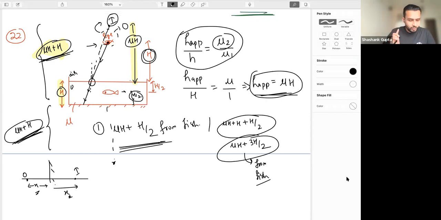Okay, the second part. Now what are they saying? Now we have to find out the image of the fish as seen by the eye. Can I say exactly opposite? We'll have to replace it. What I'm saying is, whatever we had done for the eye, now you'll have to do it for the fish so that the eye would be able to see the image of the fish. Would you be able to do this second part of the B part?